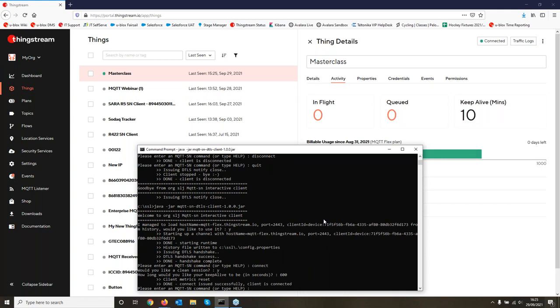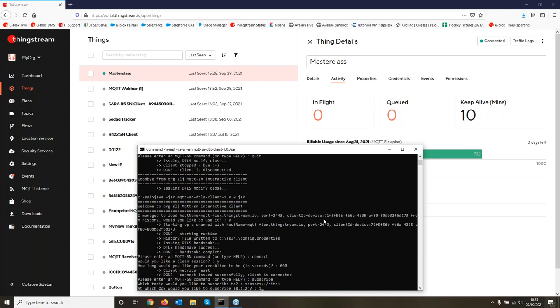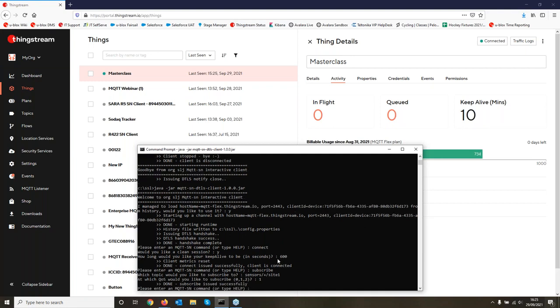That's all ready to run with its 10-minute window. So now on here, I'm going to do a subscription. So I'm going to subscribe to sensors/plus/site1 with a quality of service of 1. That's all done. Subscription is in place.